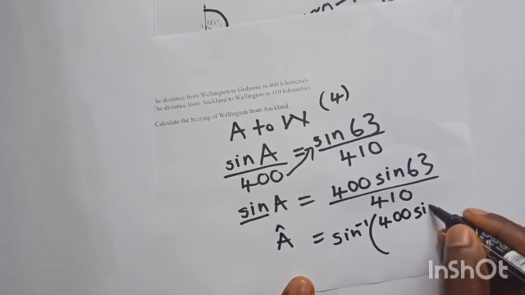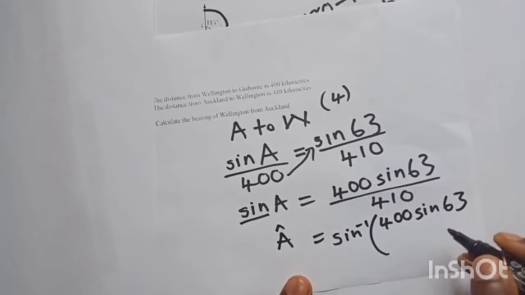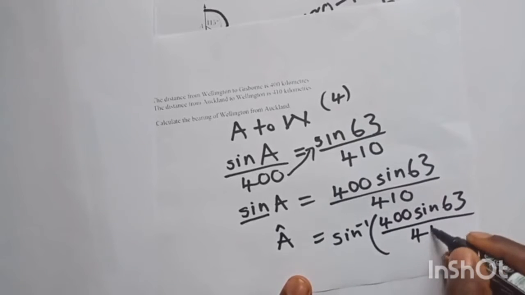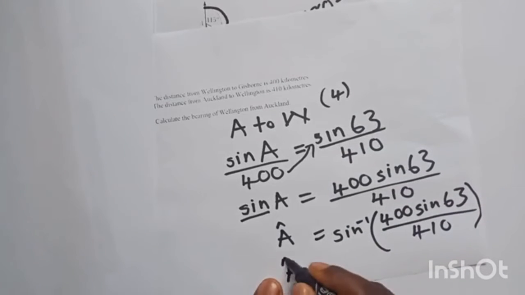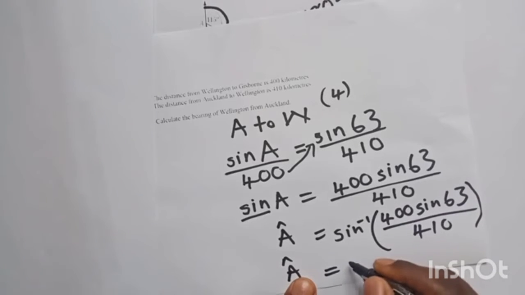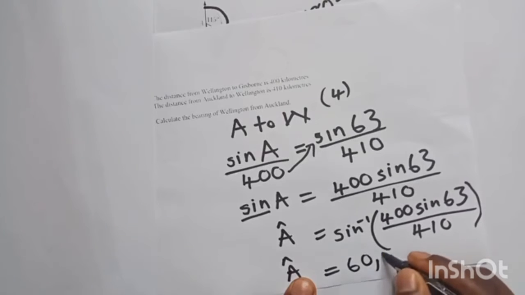400 sine 63 divided by 410. Then you take your calculator, right? So arc sine, open bracket, 400 sine 63 divided by 410, close bracket. You get 60.37